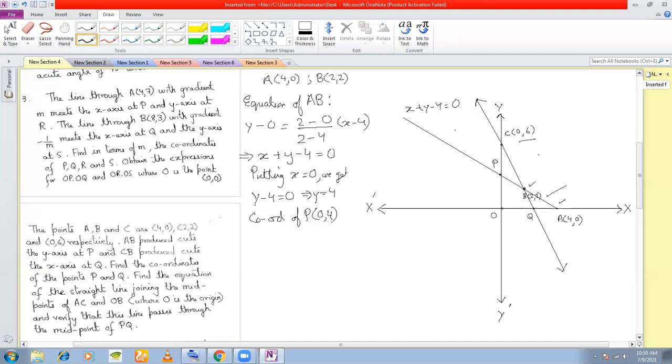You know 2 points, you know C and you know B. So you find out the equation of CB or BC. Equation of CB. First write down the coordinates so that you can see which one is x1 and which one is y1. What are the coordinates of C? (0, 6). And what are the coordinates of B? (2, 2). So equation of CB here is again